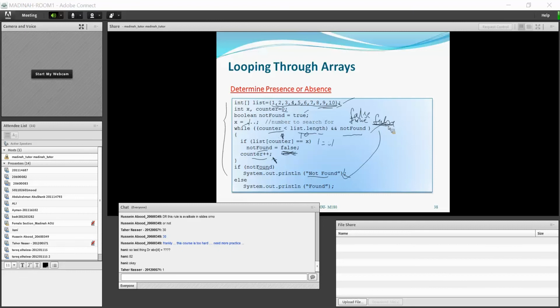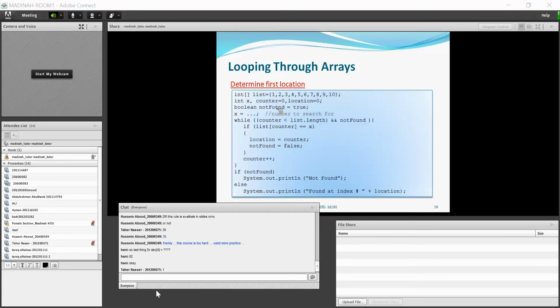So notFound is false here, so it will go to the else and print found. So it found the number 1 in the list. Like this you can search whether a number is present in the list or not by using the loop, or by traversing the array.